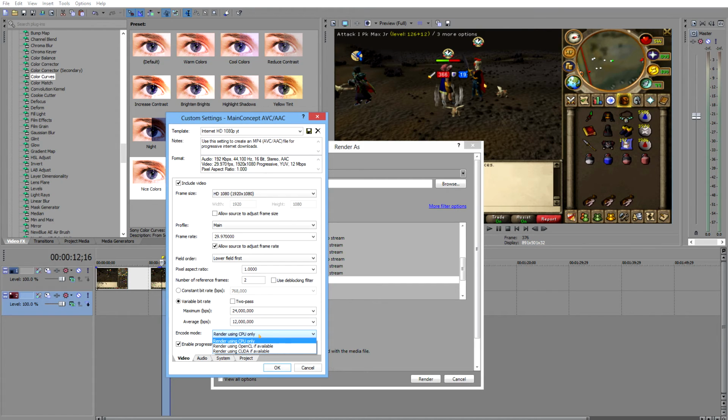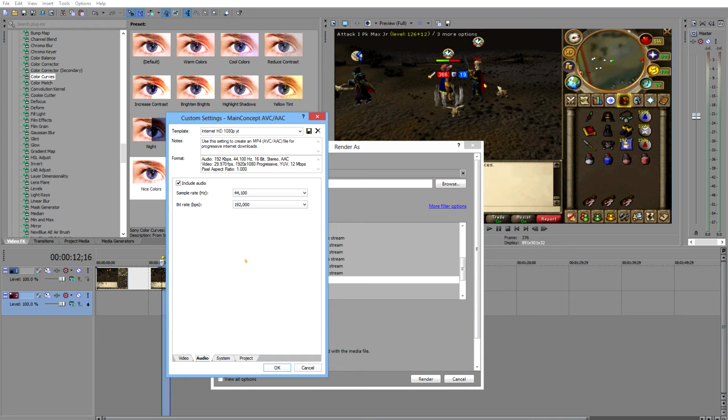And yeah, for the render, depending on whether you have CUDA or OpenCL available, you can use those for speeding up your render times. I haven't really looked into that because my render times are quite fast anyway, but you can mess with that. For audio, this is a part where you'll have to listen,